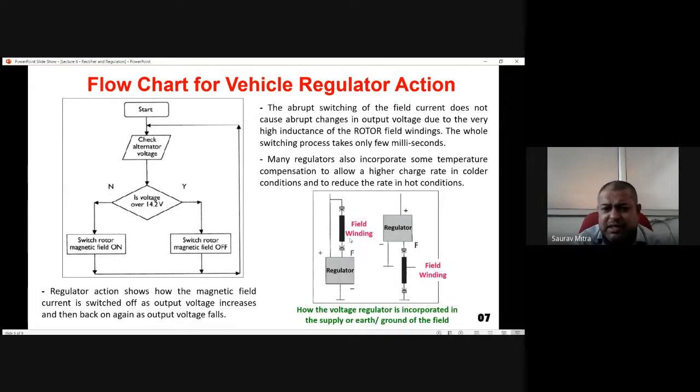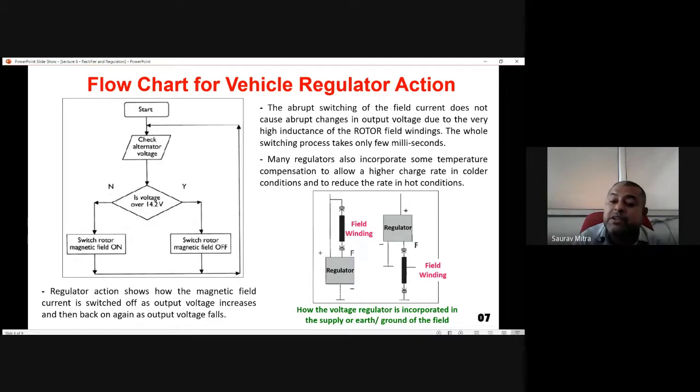So here actually this is the regulator that we are going to see. I told you there are two supplies coming. One is going directly to the regulator, another is going to the field winding. Okay, so this will be connected to the regulator in transistor T2. I will show it to you in my next lecture. And this is actually the supply to the field winding, and through the collector of T2, this supply is connected to the battery. Okay, so the regulator actually regulates the on and off of transistor T2.